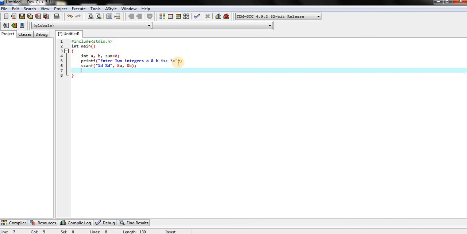Now I am writing the addition formula for the two variables: sum = a + b.